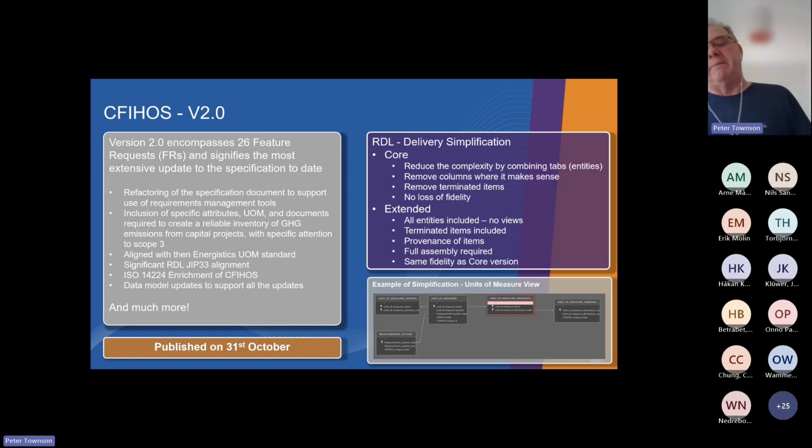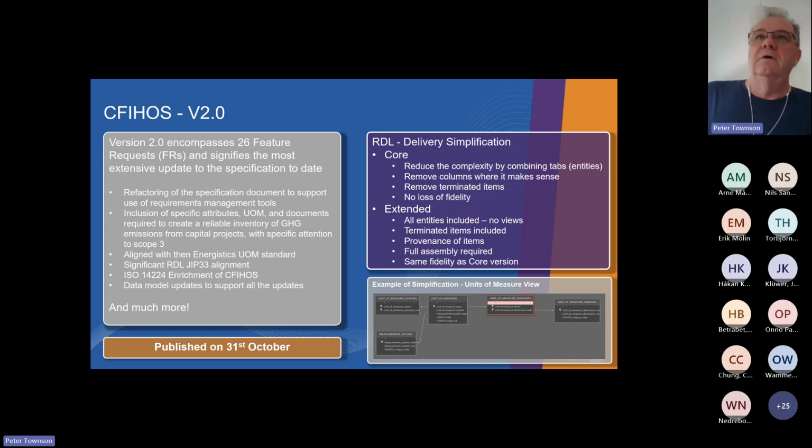So what we did is we sat back and looked at how we could simplify the delivery of CFIHOS without losing any of the fidelity in terms of what would be delivered in the final handover. So we've gone through a simplification process, and as part of that, we're now publishing 2